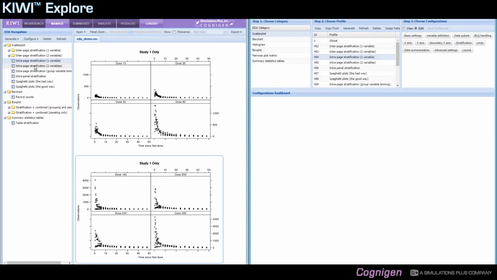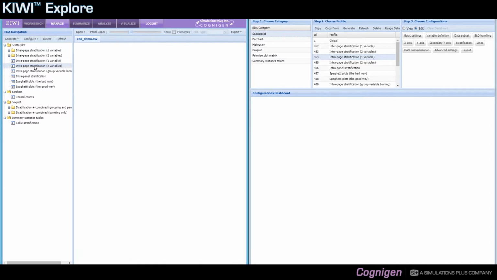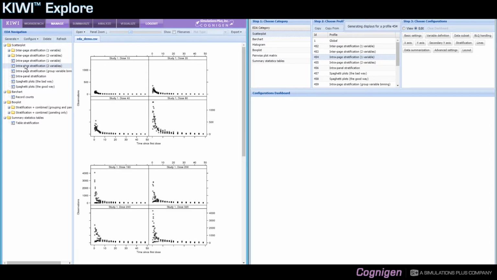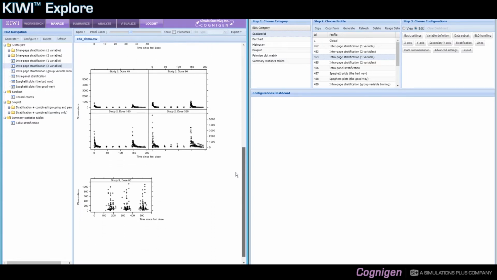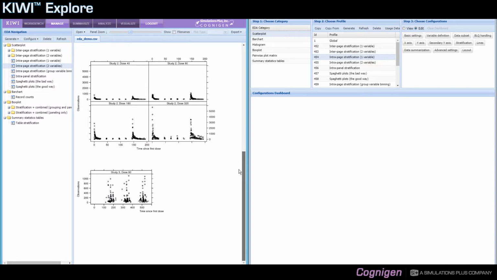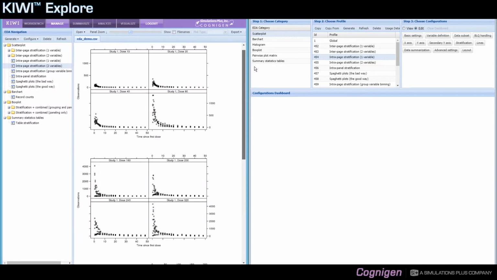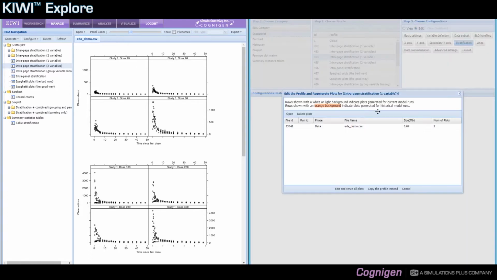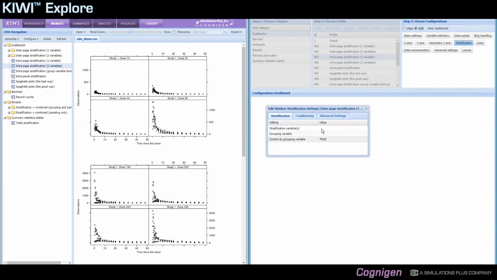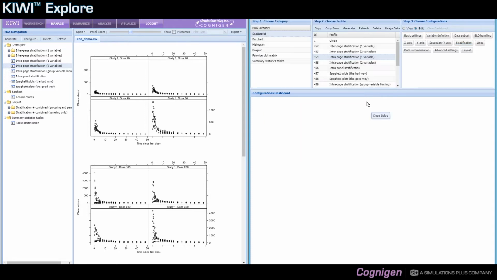So looking at the next profile, in this profile I've used 2 variables, study and dose. So here I have even more panels specific to a single study and a single dose combination. And again, this is done by going to the stratification panel and providing, oops, it's the wrong